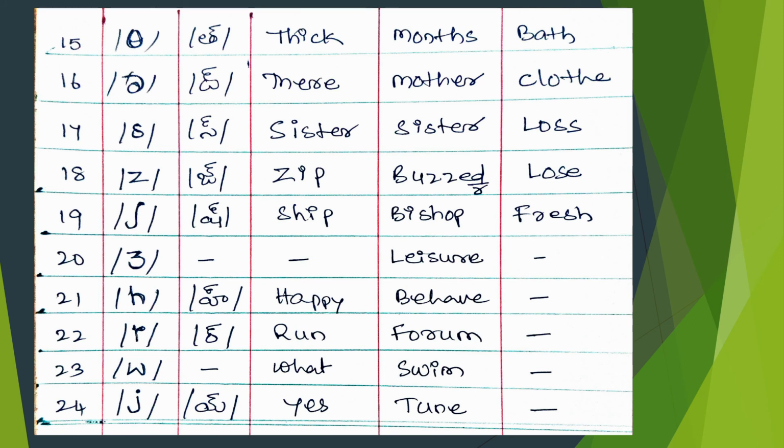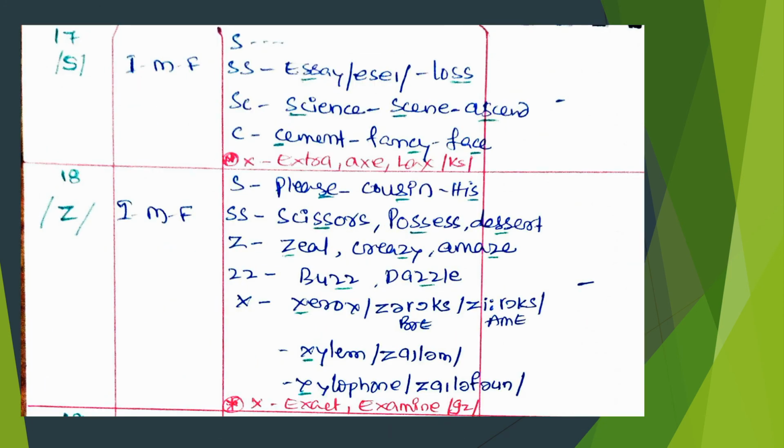Okay, now could you say, are there any words with this sound j initially? No, but this happens medially in words such as LEISURE, leisure. It is not leisure, it is leisure. And this will not happen finally. Are there any words in which this happens finally? No. Let us see its spelling.